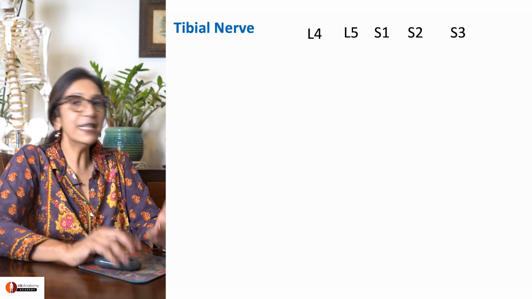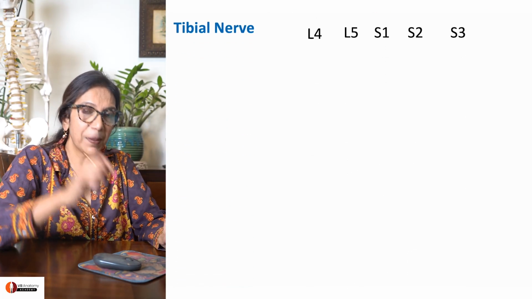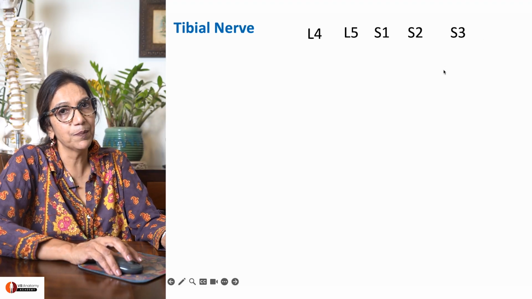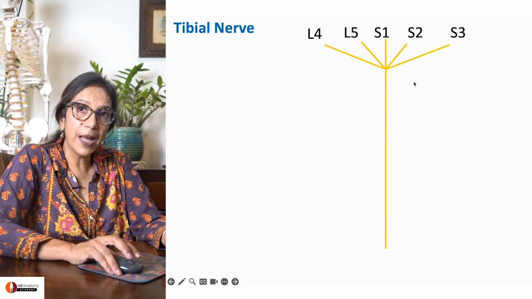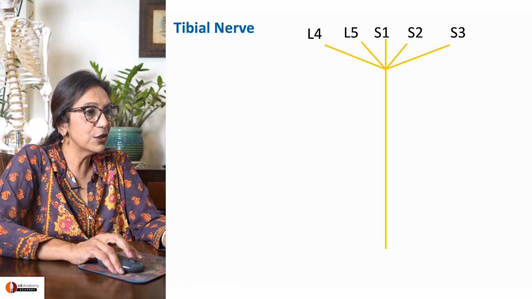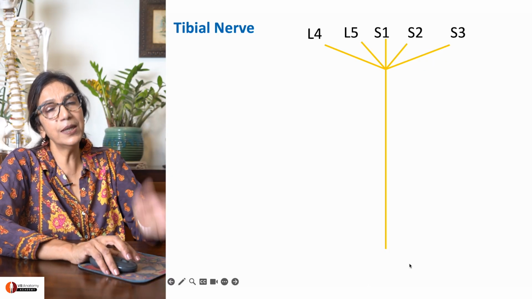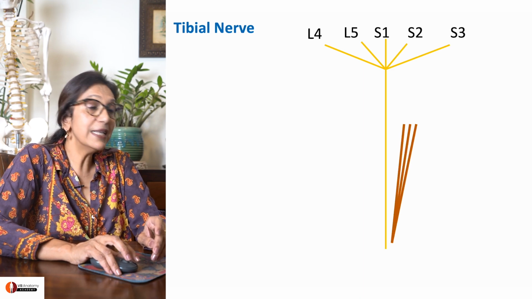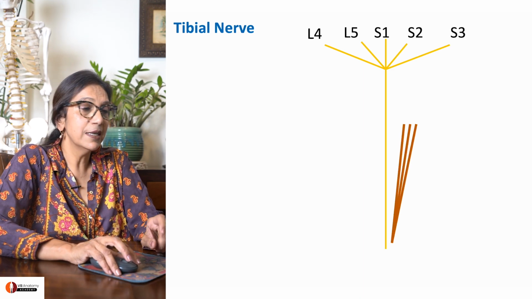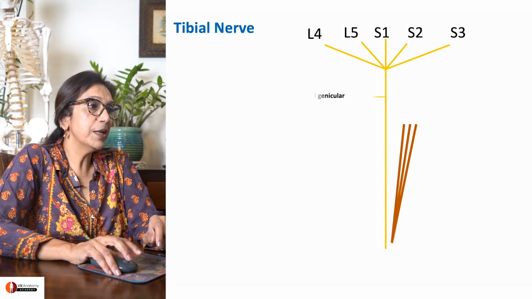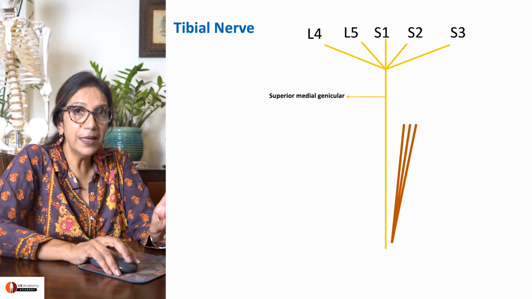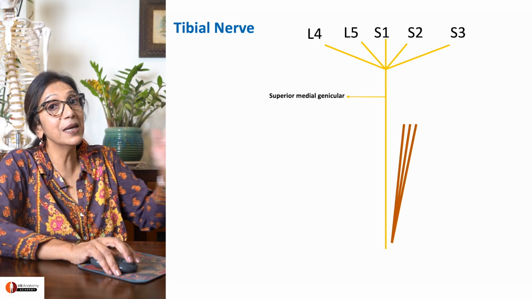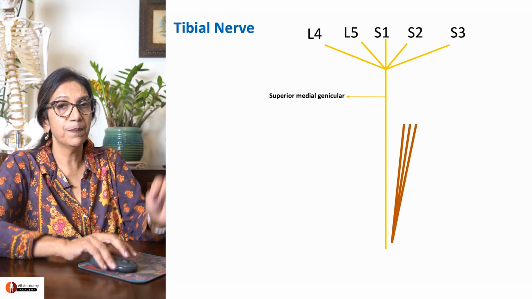Come. So let's start a diagram now. Come on, pick up your pencils and write down L4, L5, S1, S2 and S3. Branches from this unite to form your tibial nerve. That's your tibial nerve, almost vertically passing through your popliteal fossa. Now, that's plantaris muscle. Draw it, please. So now your tibial nerve is going to give out superior medial genicular. Medial meaning it's going to give the branches on the medial side of the fossa.